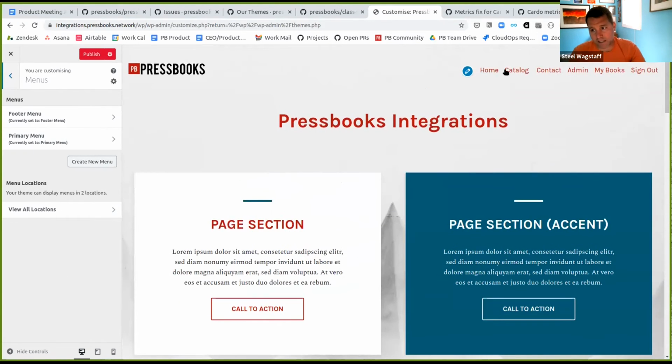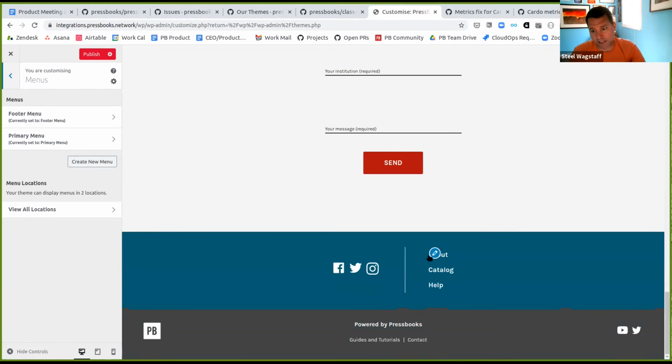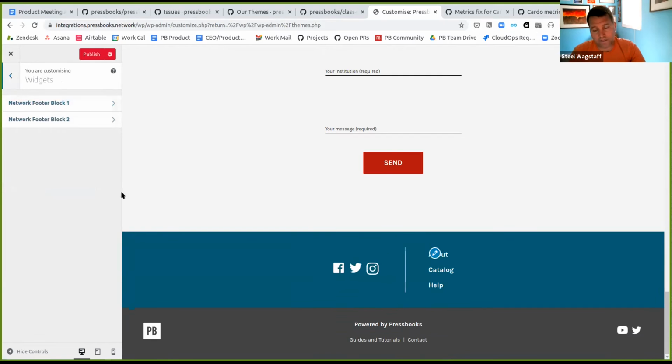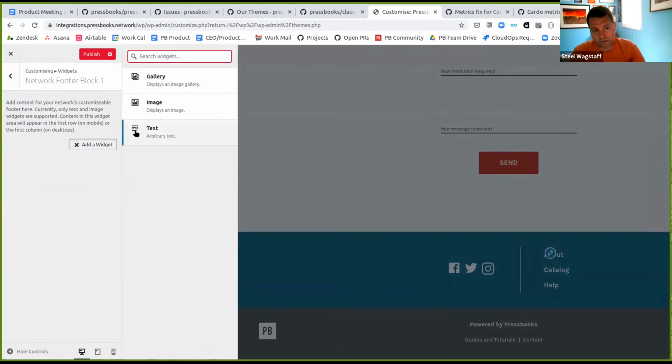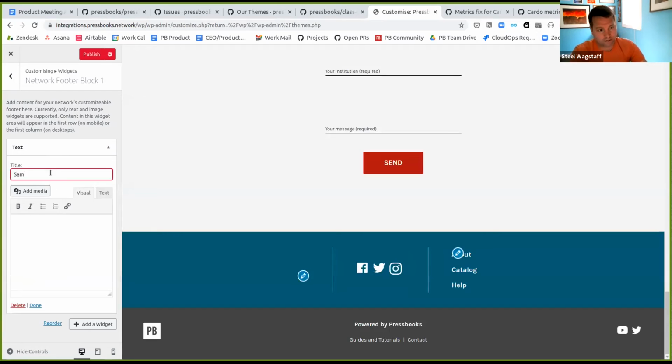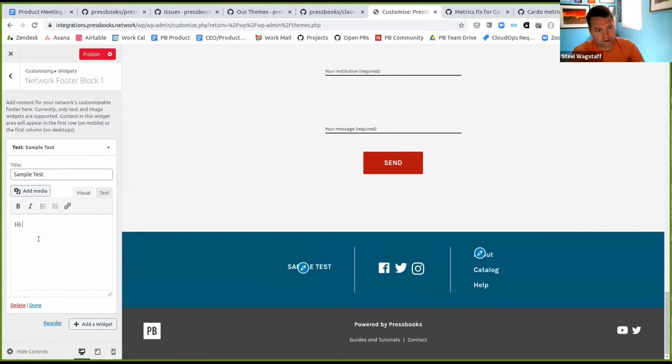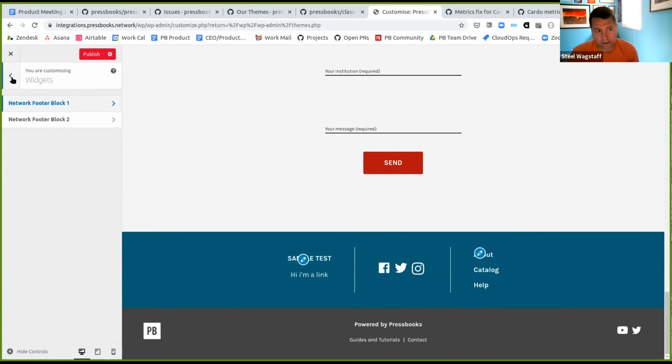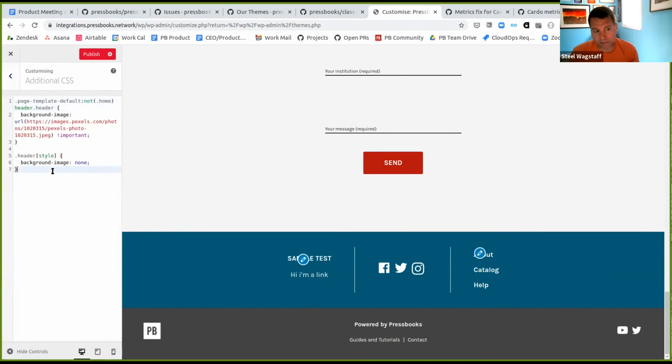There's a menu slot at the top, and there's also a menu slot here that are controlled separately. And you can create widgets, and this is text that lives in your footer block. So for example, I'll just make sample text, hi, and a link. You'll notice there's a little widget where you can include content. A lot of our clients will put a logo or a link or some explanatory text here, and there's space for 2 of them that sit side by side when they're present in the footer. And then if they want, they can add custom CSS. So you can see